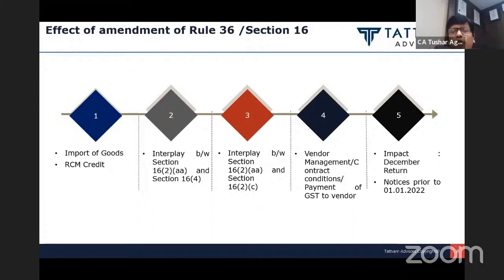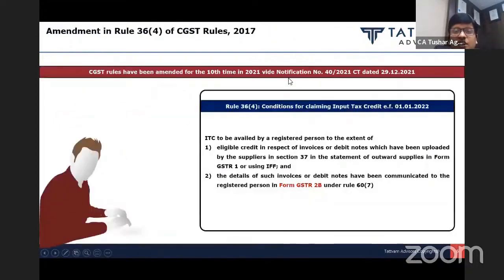Second, there is no provisional benefit which is available. Provisional credit of 5% relaxation for the December month return period. Availing provisional credit of 5% in respect of the December month return period will be highly, highly disputable. Friends, an interesting part to note is that the amendment which the government has made in section 16,